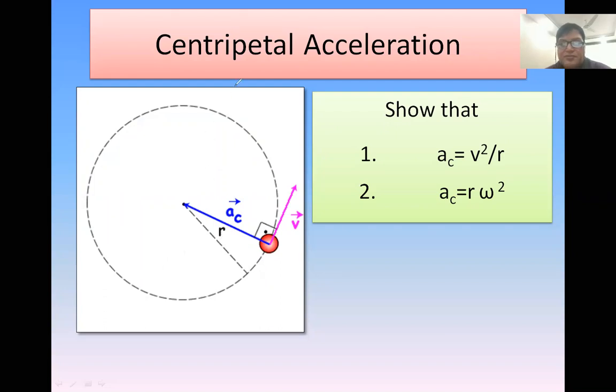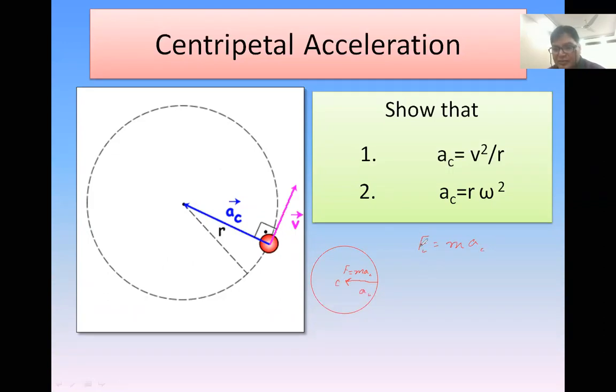Okay, now look at this one. I'm going to draw the circle again. This is a circle, and you know that centripetal force is towards the center of the circle, and F equal to ma. It means acceleration should also be towards the center of the circle. If force is towards the center, acceleration must also be towards the center. In AS level and O levels, you know the second law of motion, F equal to ma. You place C for centripetal force.